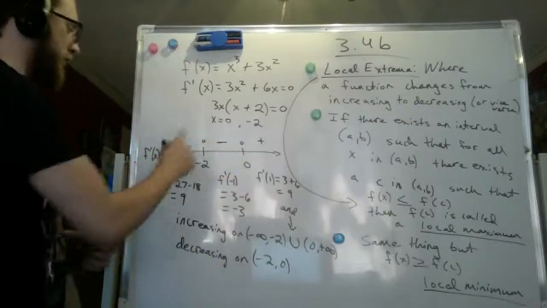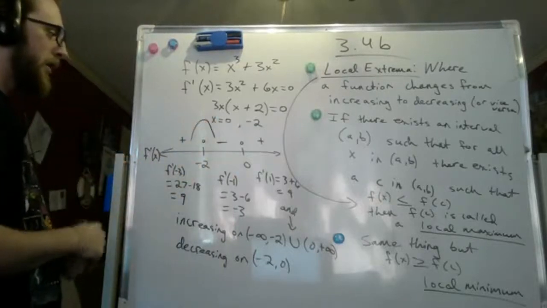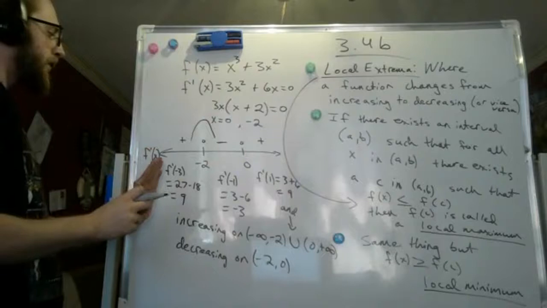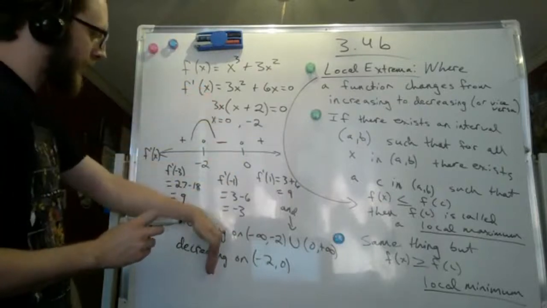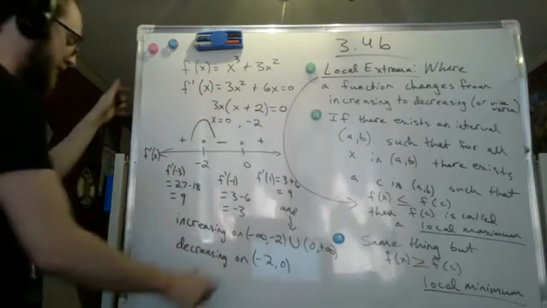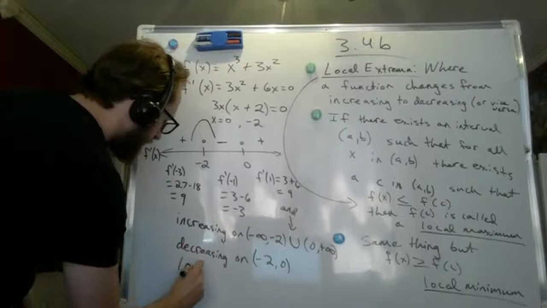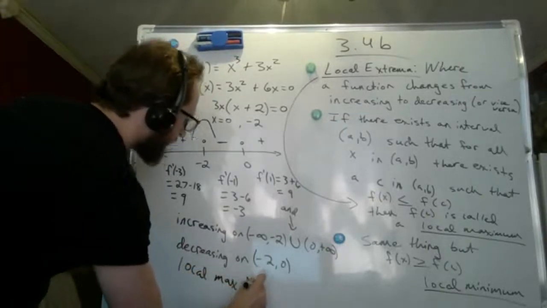But what was that picture I just drew with my hand? Something like that. So anytime you have positive on the left side of a number and then negative on the right side, that is a local max. So this is great. Now I know I have a local max at x equals